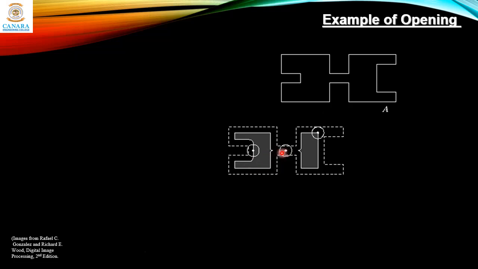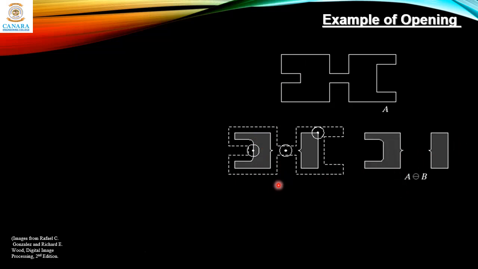So when you move around the disk, around the inside of the object, you can see it is eliminating this bridge. So basically, the erosion process eliminates the bridges and erodes away the edges. That is what's happening here, and then we'll dilate this.